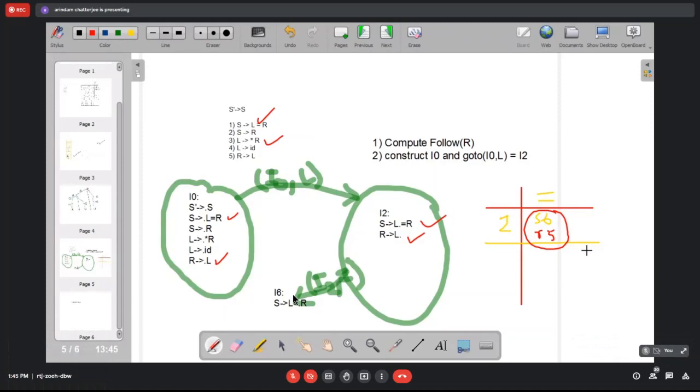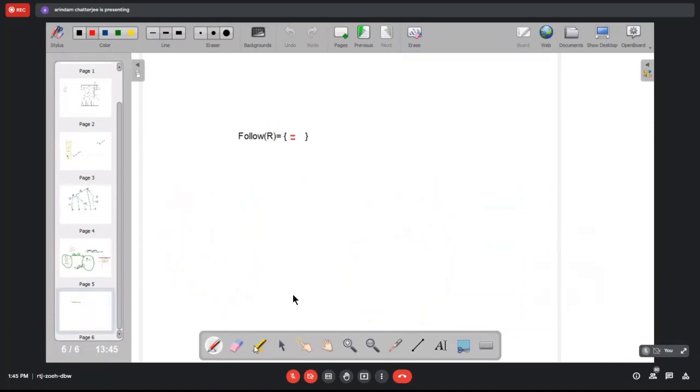Till now, we have seen our items are something like this. If we have a rule like A producing alpha beta, then the corresponding item is A producing dot alpha beta.